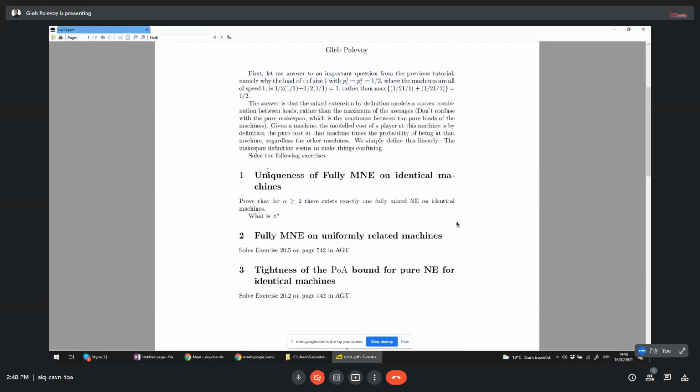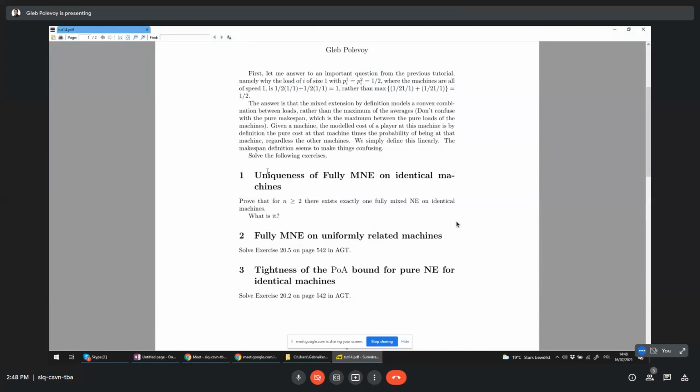We know that the machines are identical, so at least the fully mixed profile giving the same probability, 1 over the number of machines, to every machine exists. And we wanted to prove that it's the only one. That's something which the book tells, and I tried to prove it, and I got confused at some point. I was following a reason which I had thought about some time ago, and then I found that it doesn't work. Now I thought of another reason, so let me try.